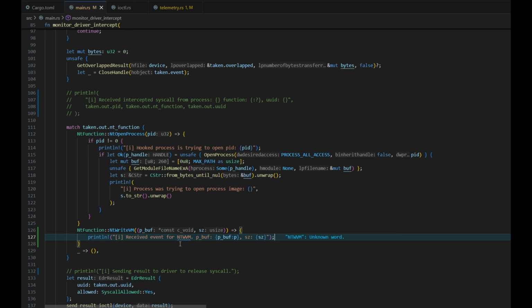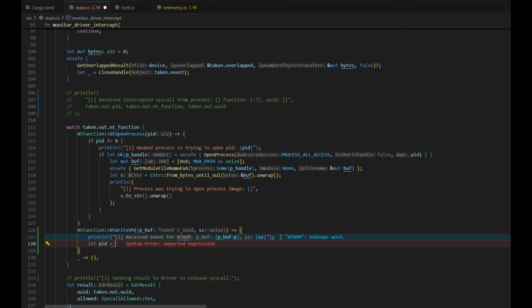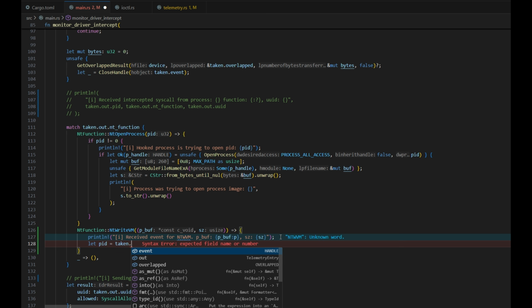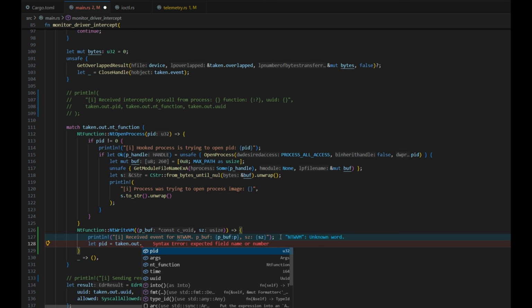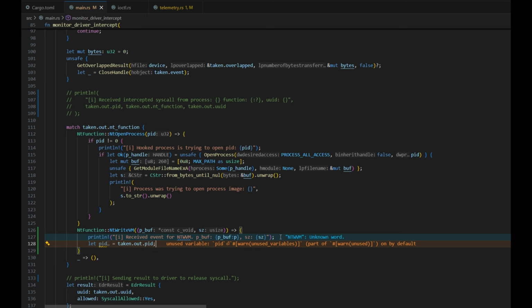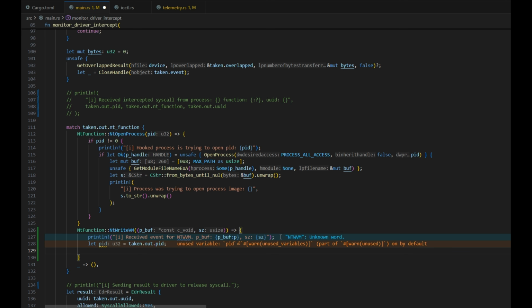So when we get the information out of the driver or out of the ioctl, some of the information we get is the PID. So let's just make a quick copy of that, or however the compiler wants to do it. So let PID equals taken dot out dot PID. So we're going to now have to open that process. So we can say let h process equals